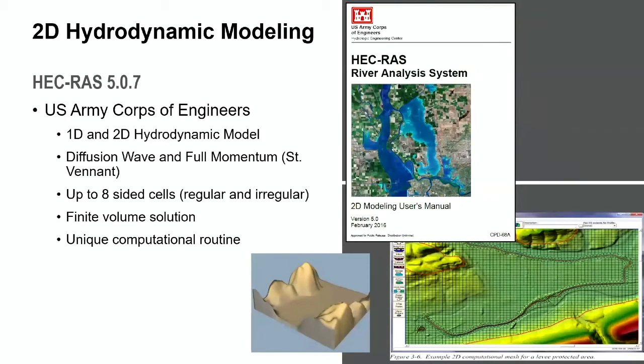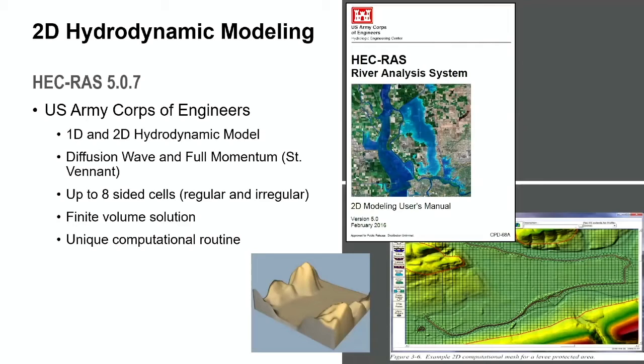So let's talk about hydrodynamic modeling. I'm going to focus specifically on HEC-RAS 5.0.7 because that's what we used as our case example to compute transformations explicitly. It's a U.S. Army Corps of Engineers product. It's a 1D and 2D hydrodynamic model. It uses the diffusion wave and full momentum or St. Venant equations. You can have up to an 8-sided cell, regular or irregular cells, and it is a finite volume